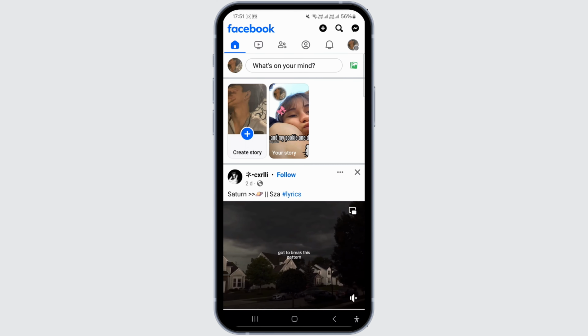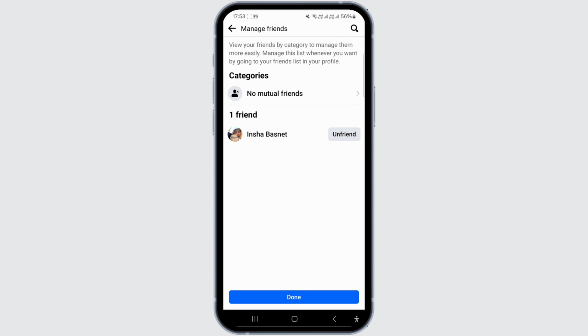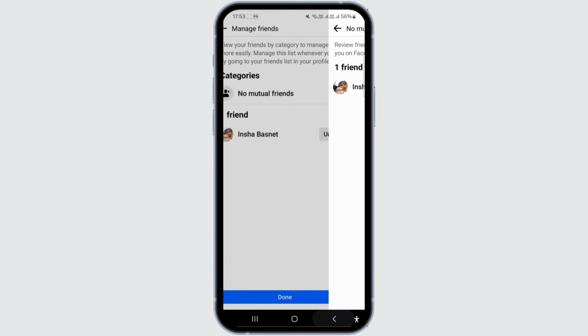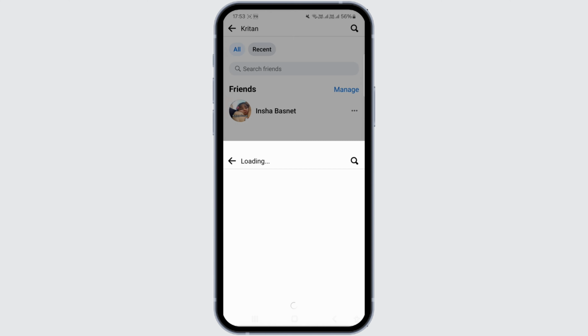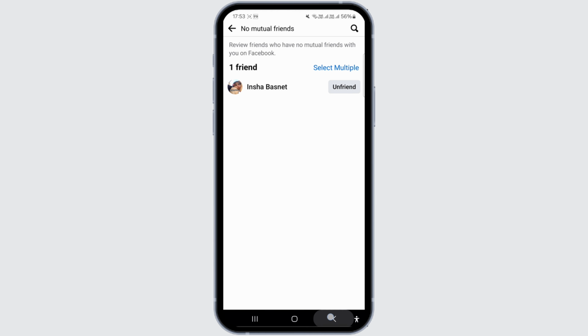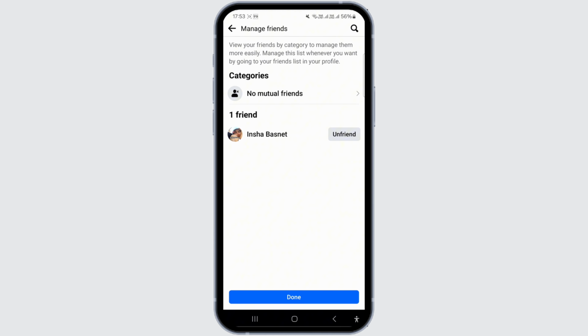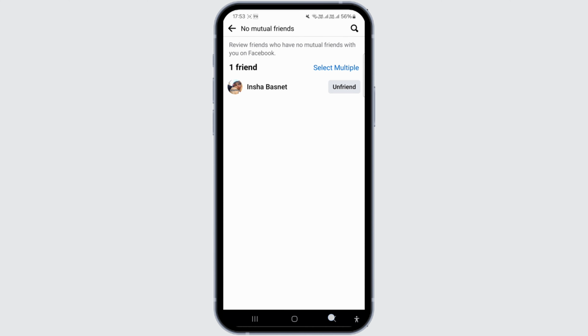of the screen. From there, you have to select the friends option by going to your profile, and then by tapping on this, you will be able to view all of your current friends. And to organize this list, simply click on the sort button and choose the newest friend list if it's available. This will display your most recent friends at the top, and you can also go ahead and click on your